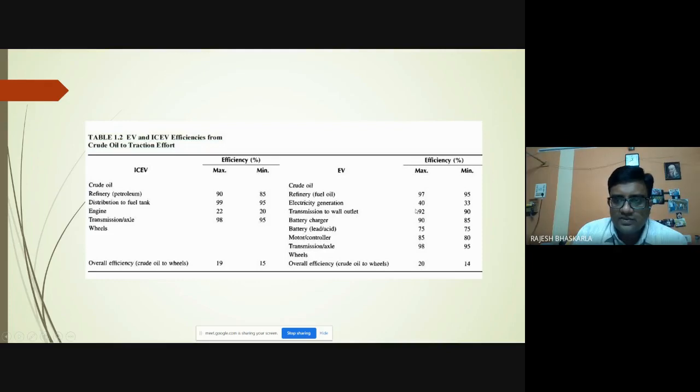Am I clear to everyone? So by using wind plants or by using solar power, to some extent you can increase this, and then this increases. Is this clear? Is the slide clear to you? So overall efficiency is a product of all this. When you multiply this, automatically this comes down. So here you have to find why. Here if you observe electricity generation, if it is through conventional sources like thermal power plants and all, it is 40%. Okay, but if you go for renewable energy sources, it may improve a little and the overall efficiency increases. Is this clear? So this is also called as well to wheel, efficiency from well to wheel. Okay.